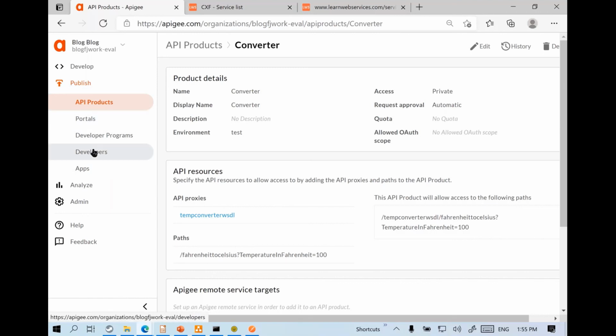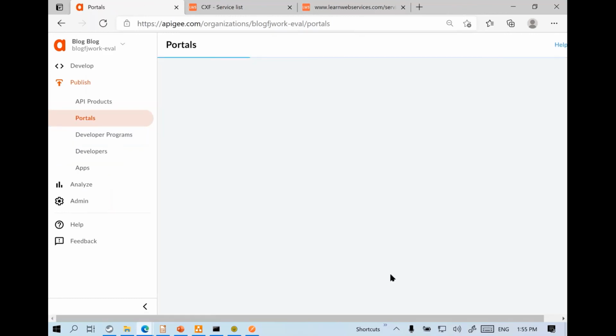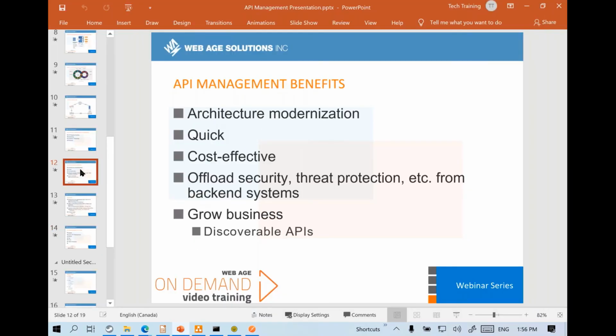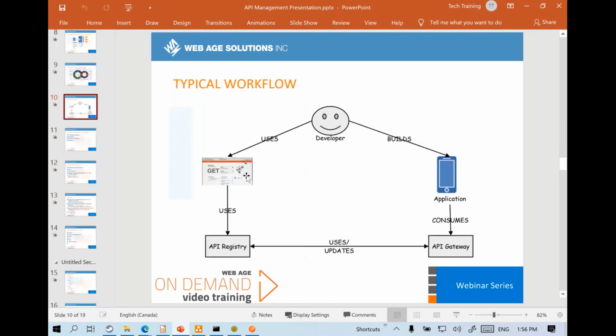And then you can also choose to create a portal here. So in the developer portal, you can choose to register your products so that developers can find out how many APIs we have, what's the URL, what's the documentation for that URL, and so on. So basically, the benefit you get with API management is that you get to explore whatever APIs we have at the corporate level. You get to sign up.